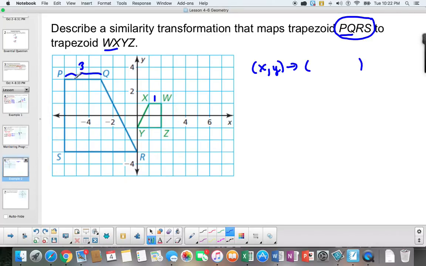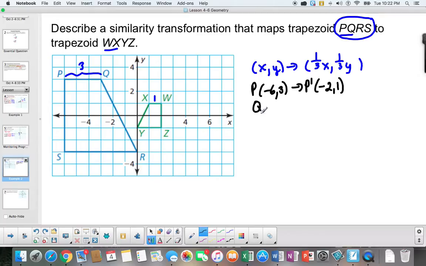So I'm going for something like a length of 3 to something that's 1, so I can see that my reduction is 1/3 x and 1/3 y. Okay, so let's go ahead and I'm going to take each point and multiply each by 1/3. So here's P, and P is (-6, 3), and when I reduce it, it's going to be (-2, 1),